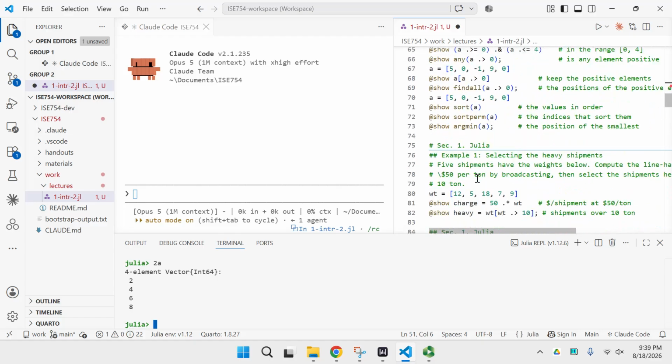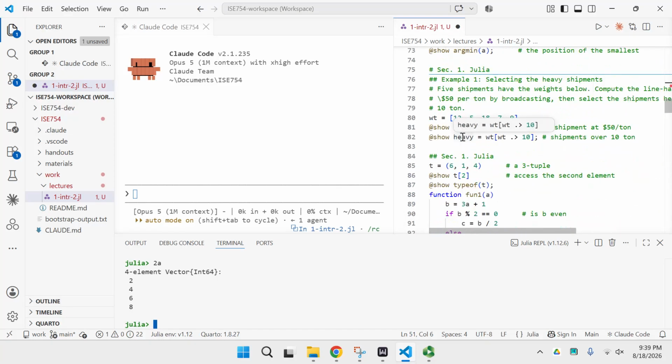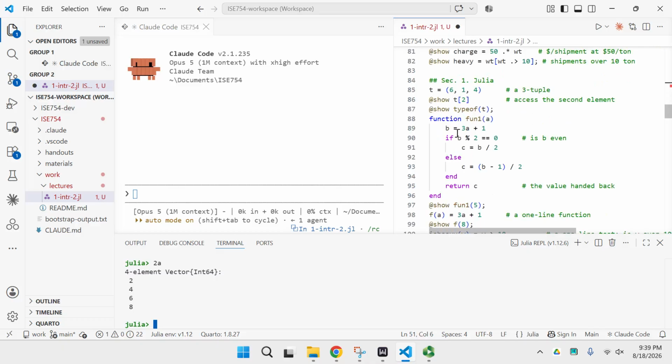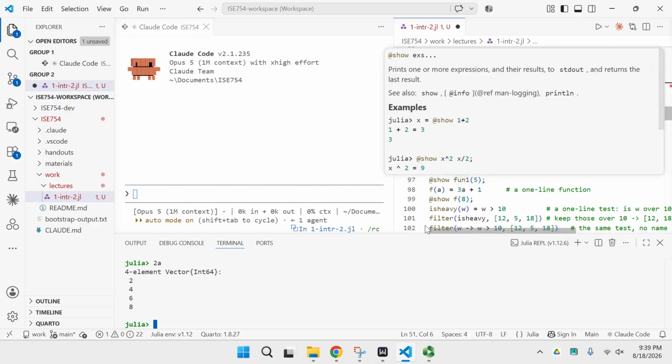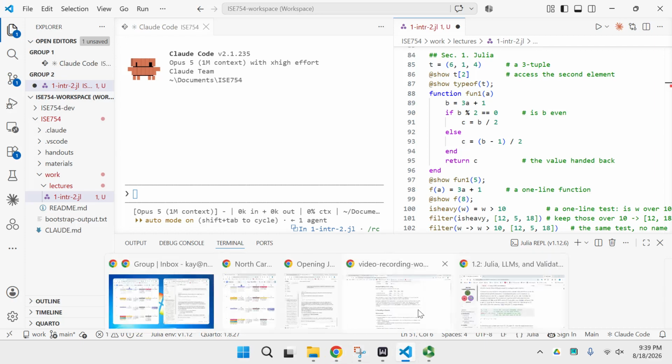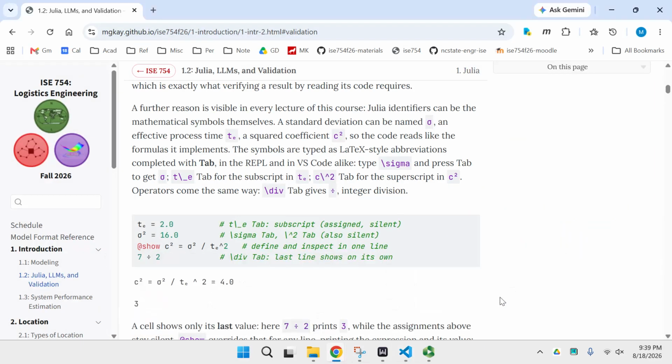So these are all the elements in the script. This is an example of a function. Again, all of this appears in the lecture itself. So, returning back to the lecture,